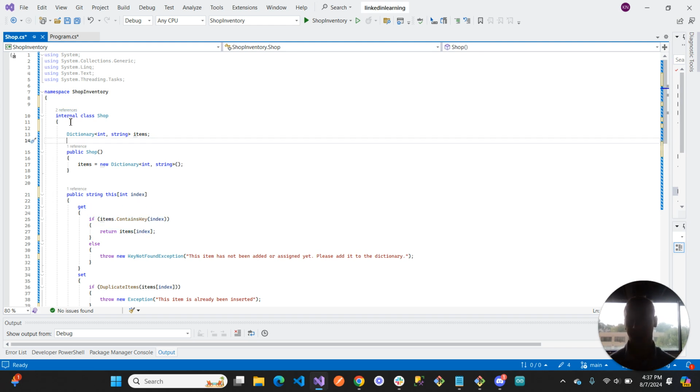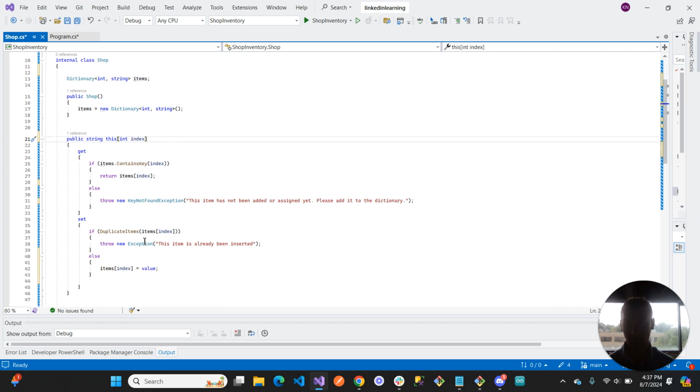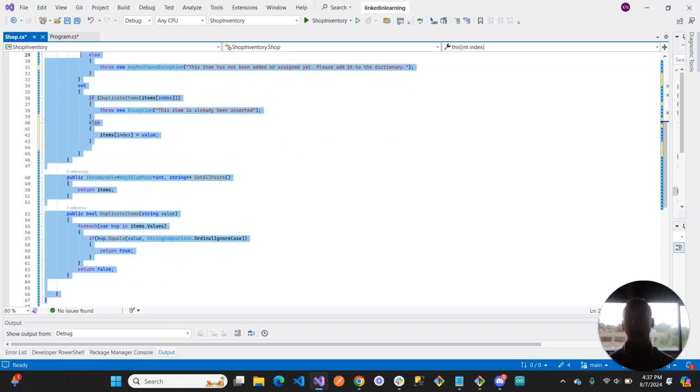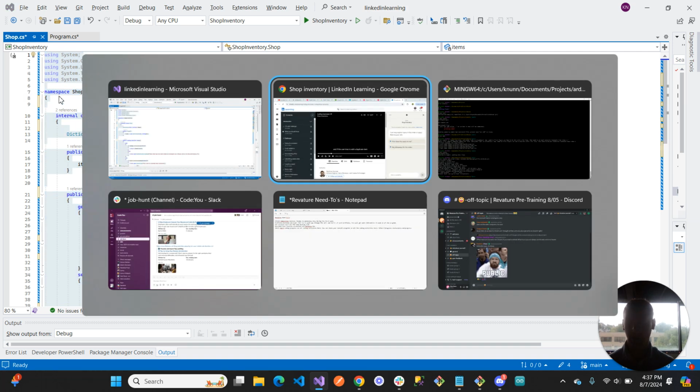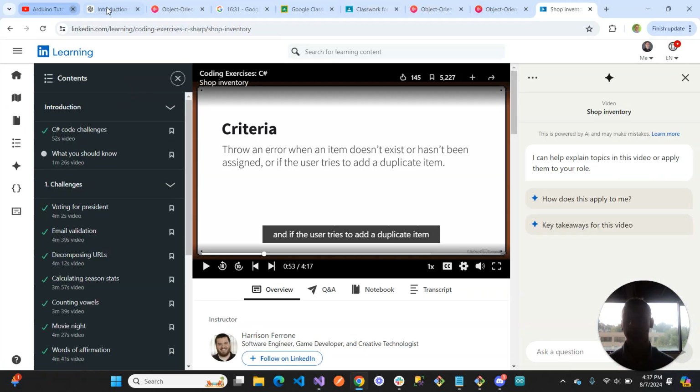All right, so we created our class shop. Then we created our indexer. So dictionary. So here we have created our indexer. Actually, you know what? I don't even know. All I know is we're creating an indexer in here. Where in, let's ask,